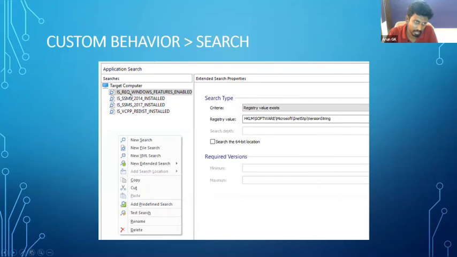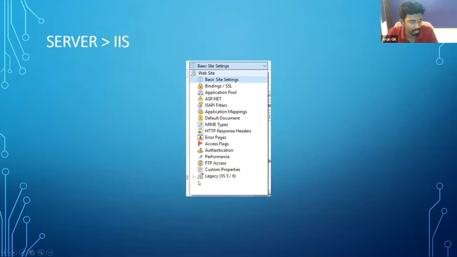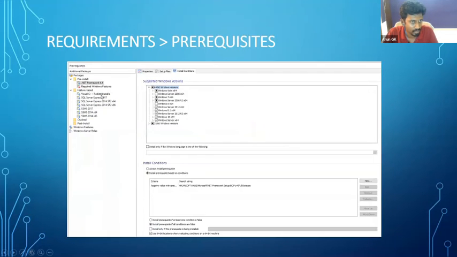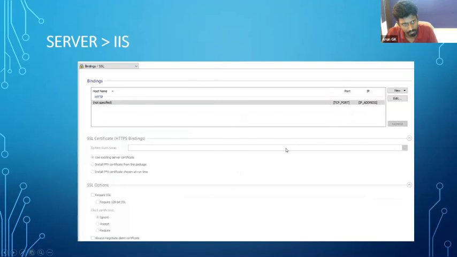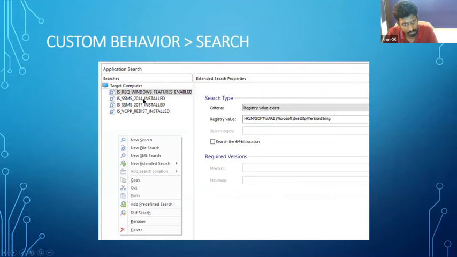For example, if SSMS 2014 is not installed, we will install that package, SSMS 2014, we saw before, right? This one. SSMS 2014 package based on that condition. Based on the search condition. Okay. There are four different types of searches: normal search, file search, XML search, and this one is extended search.